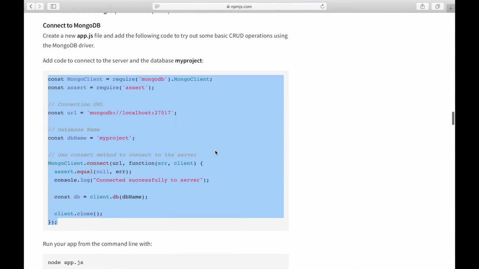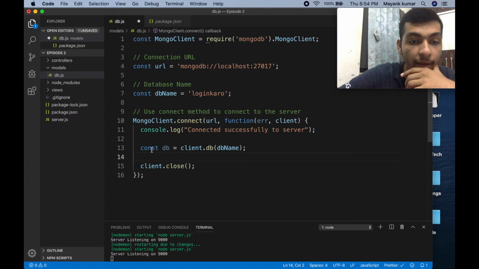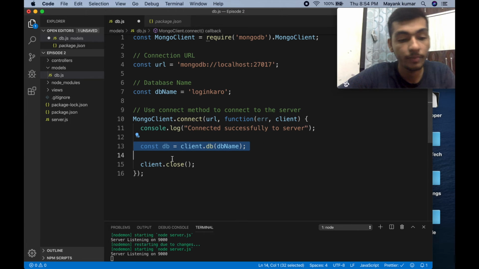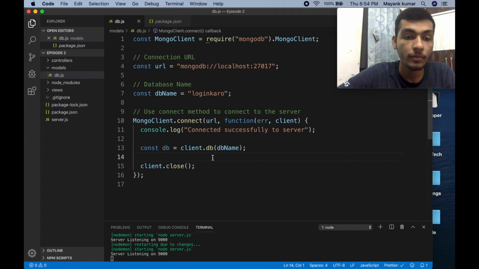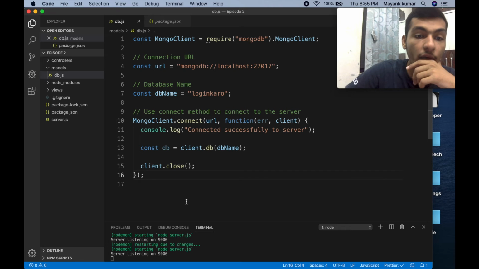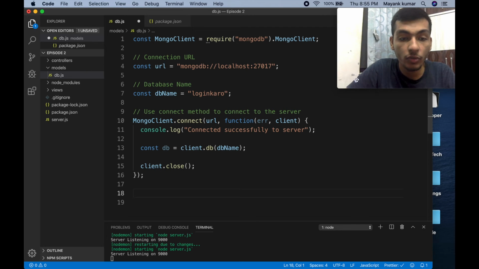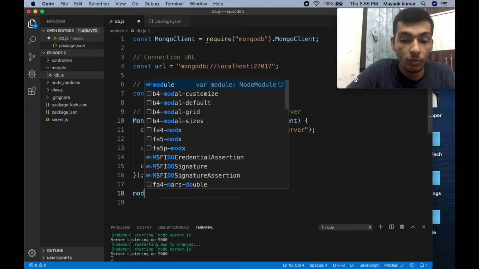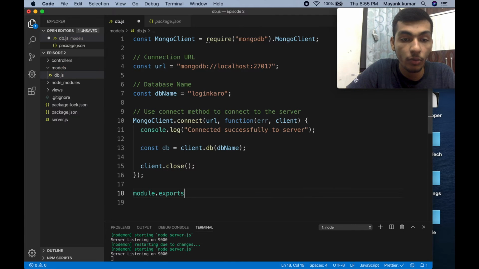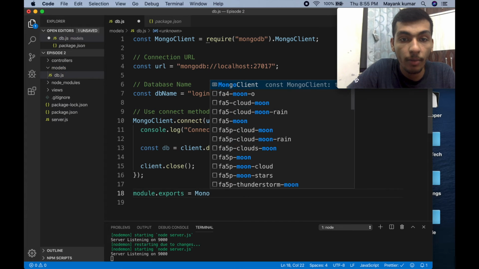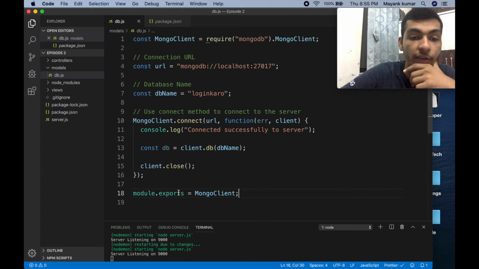No, we don't require anything else. We are good to go, and we'll be using this from now onwards. And now we just have to do the exports: module.exports equals MongoClient. I guess we need to do this as we want to access this JS file in our